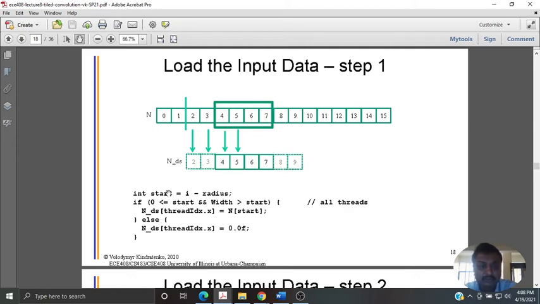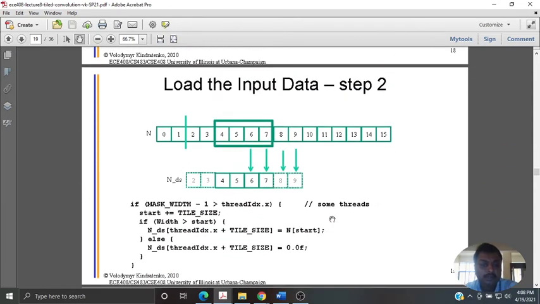If start is greater than 0, so you have indexed it, it should be greater than 0. That is with respect to global indexing whenever you are stating that. And width is greater than start, so tile indexing, so you are well within the boundaries. Then you are loading the values of elements of the input, so you are creating that NDS for computations, sorry, input tile for computation, fine. So this was output tile, this is input tile. Then again load the input data, step 2. So at the other end, so left hand compute multiples.